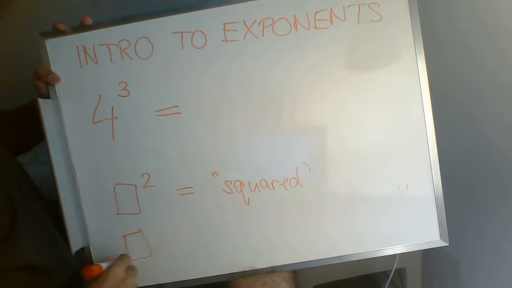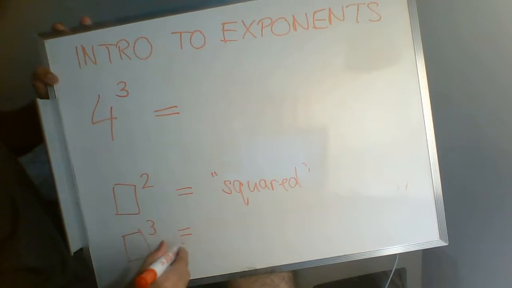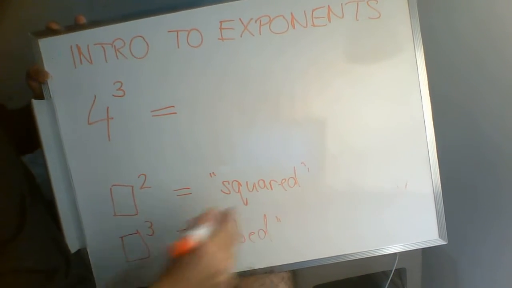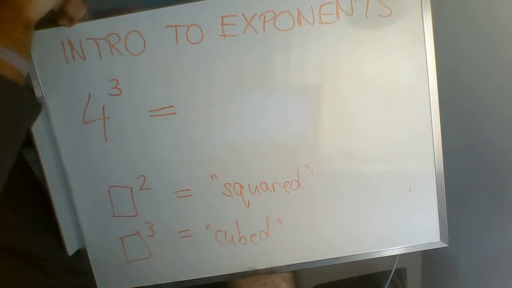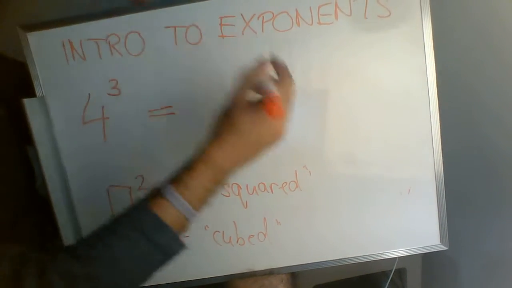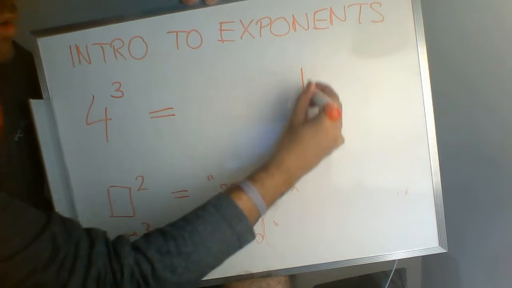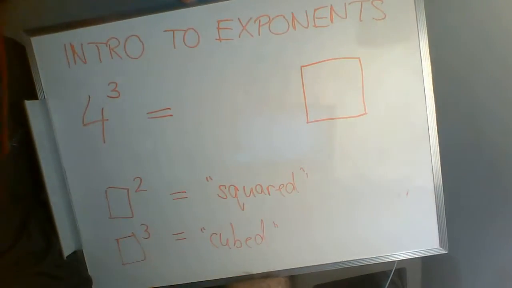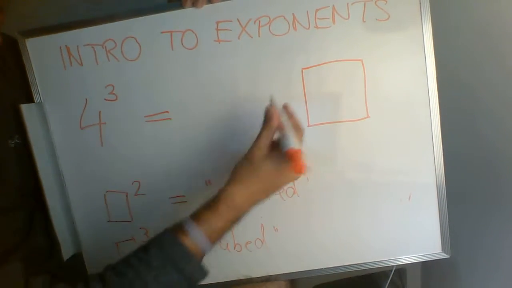And if you've got some number with a little 3 beside it, then we say cubed. And the reason for that is, well, we can talk about this more later on, but if you had a square, if you had a shape with